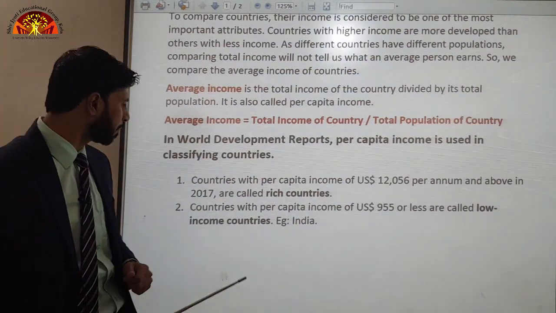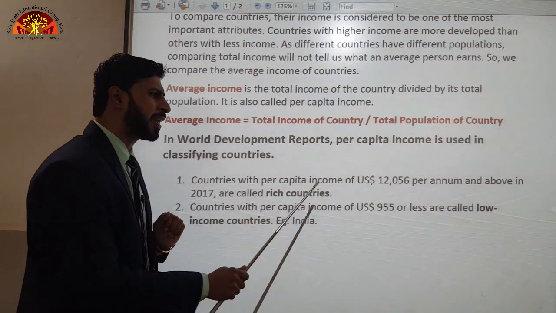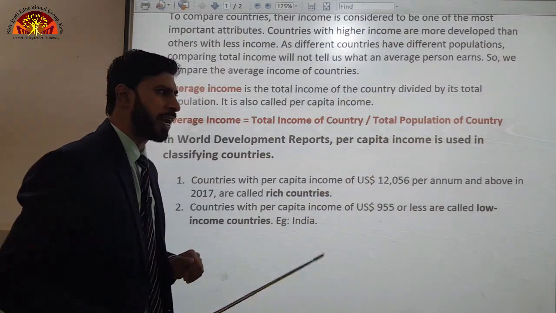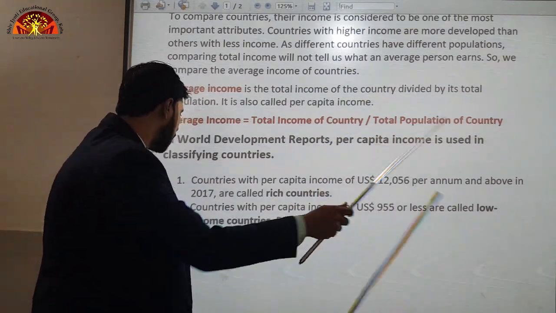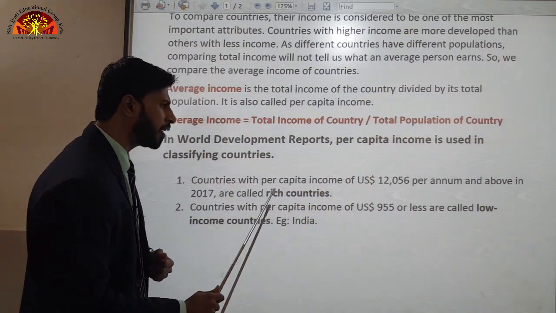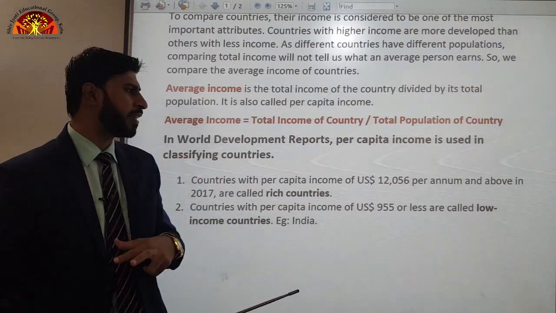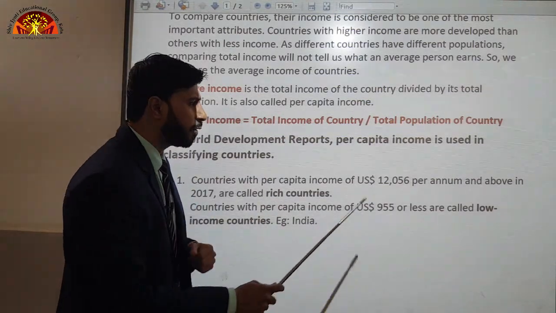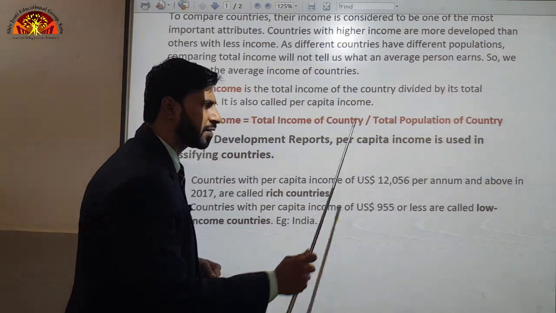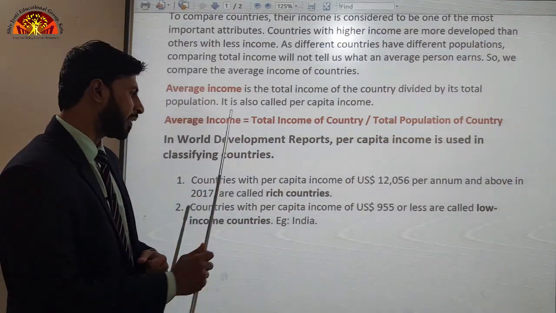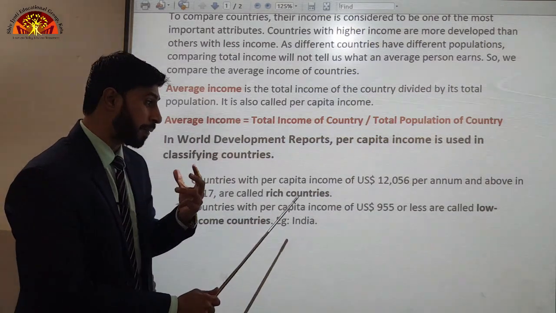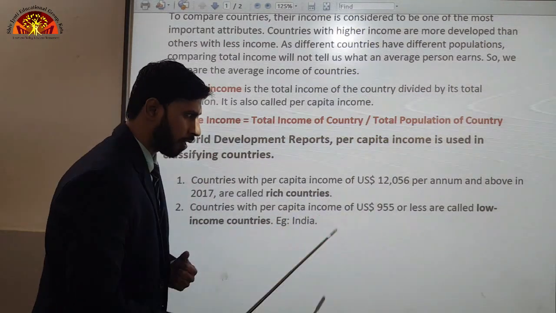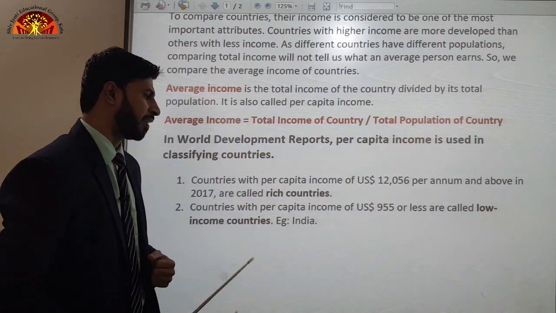Now we can see here, countries with per capita income of US dollar 12,056 per annum and above in 2017 are called rich countries. So in 2017, those countries whose per capita income annually was more than 12,056 were called the rich countries. Countries with per capita income of US dollar 955 or less are called low income countries. Example,